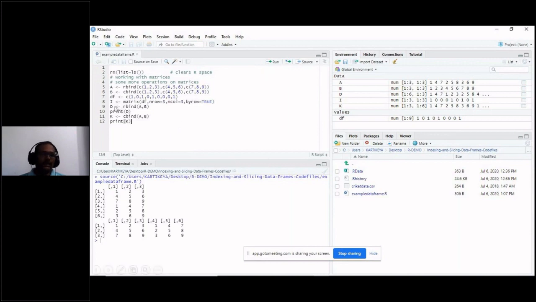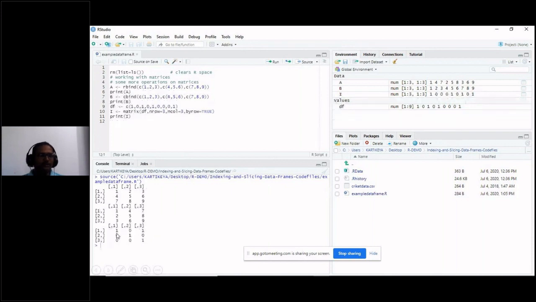Take a previous example only, the vector C 101 010. So now if you convert this into a 3 by 3 matrix, I'm going to the previous slide. So the previous matrix looks like this: 101 010. It is not an identity matrix, right?